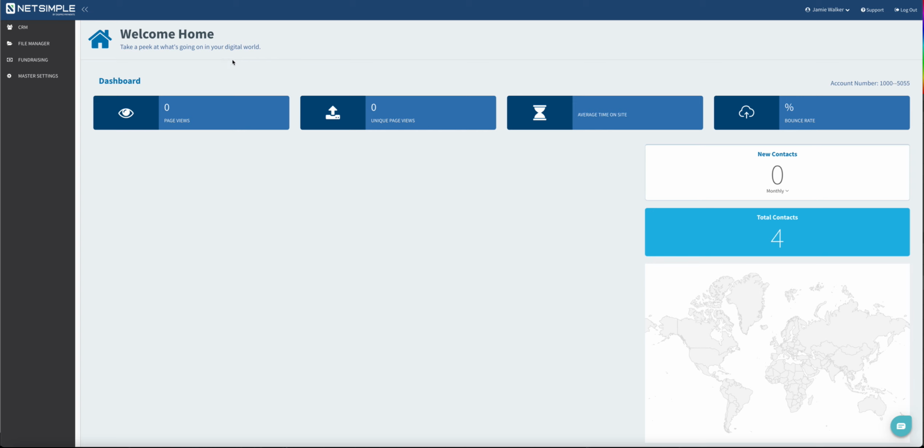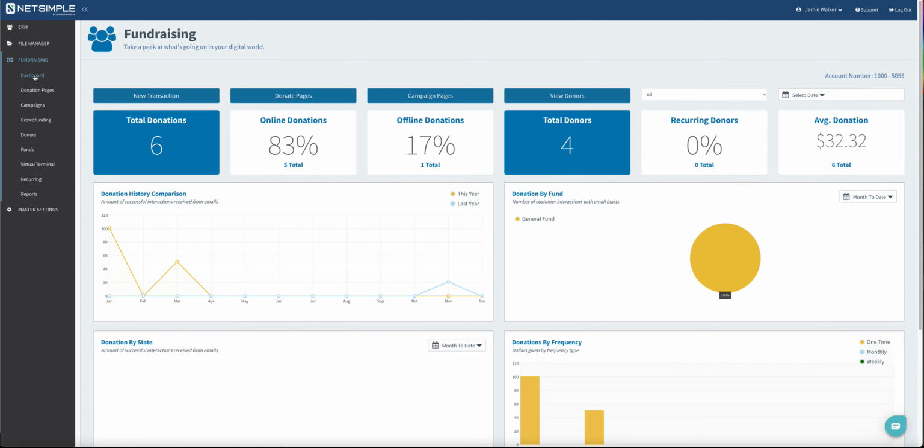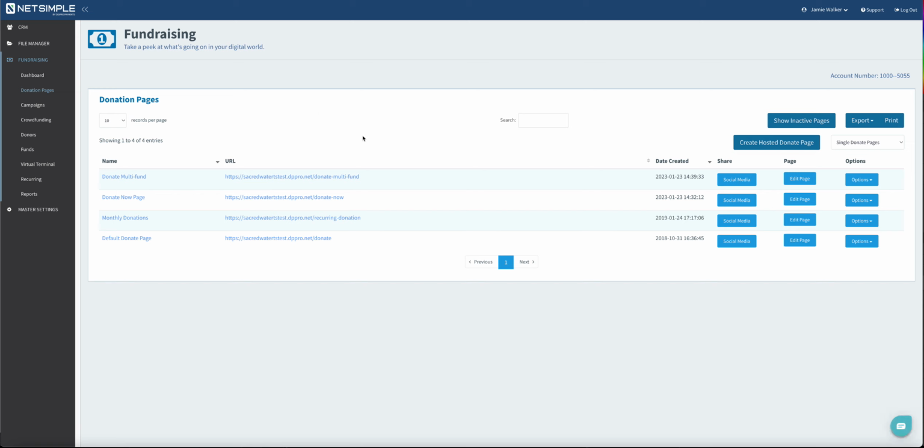So when you log in to the system, you are going to come here to the Welcome Home screen, and to get to the donate pages, there's a couple different ways that you can do it. You can click on fundraising, and then it will expand out and you'll see donate pages, and you can click on that and it'll take you to the list of donate pages. Another way to do it is that you can come over here to your dashboard, and if you are on your dashboard, you can just click donate pages and it will pop up like this